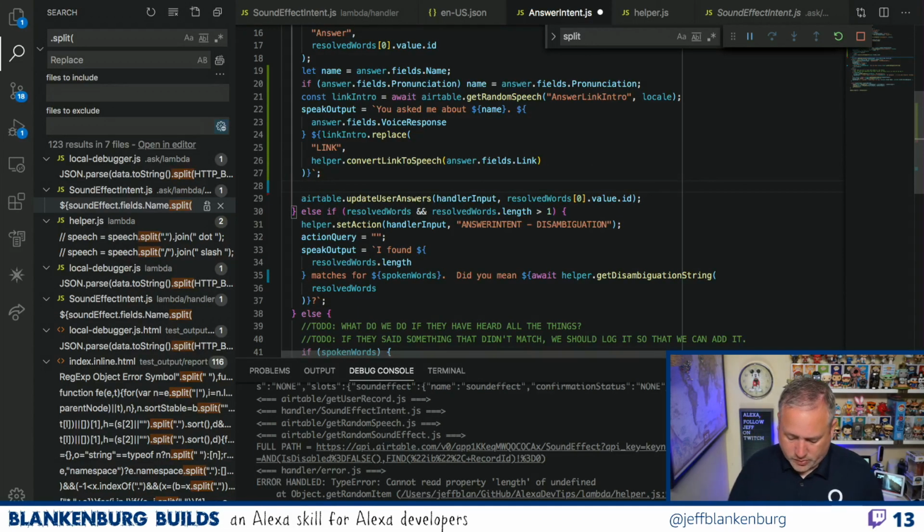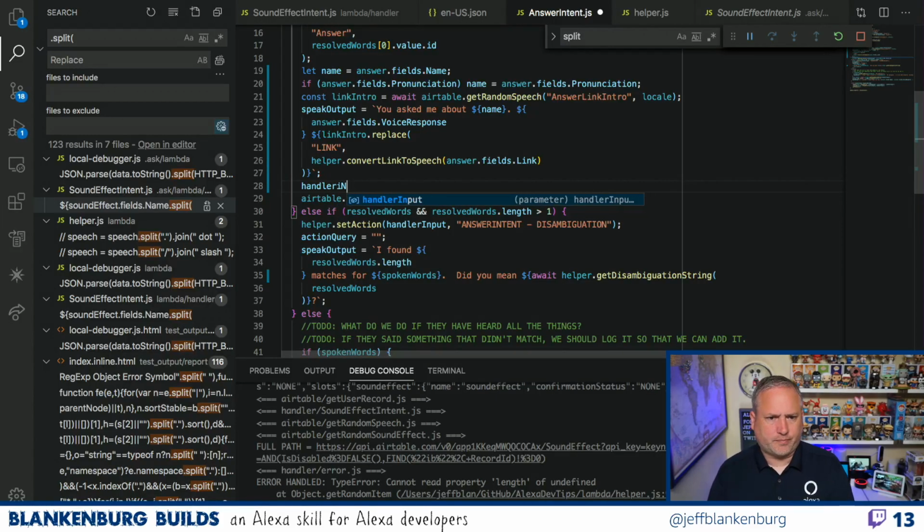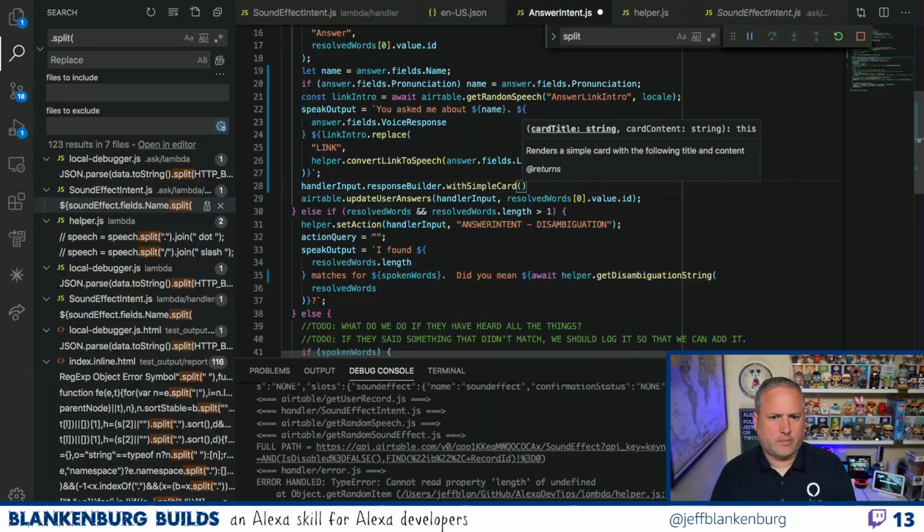We're going to do handler input dot response builder dot with simple card. And this is going to be answer dot fields.